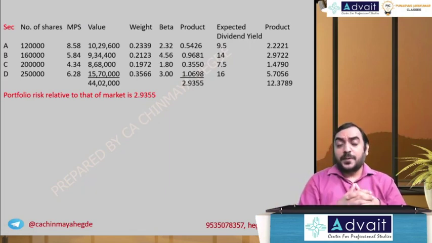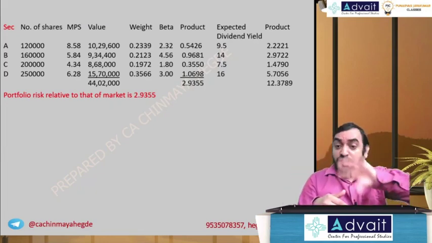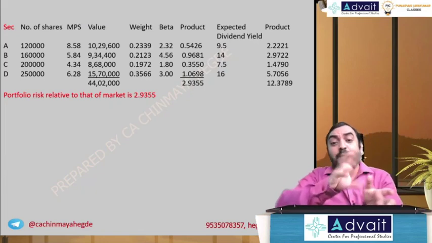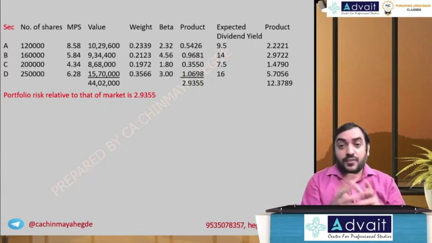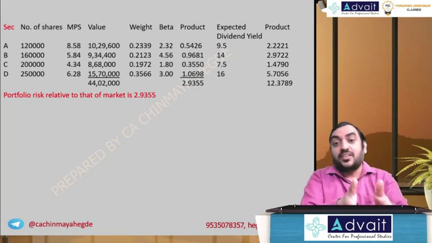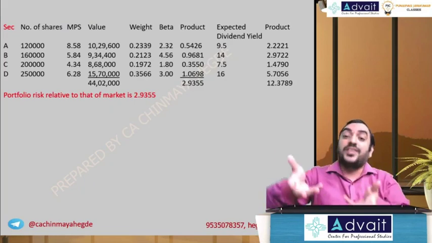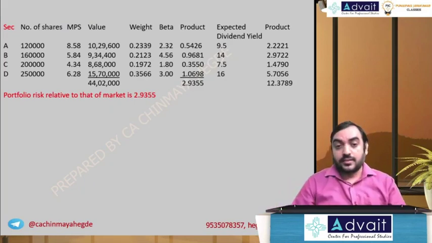What is implicit beta? If the return is already given, compute the beta as the balancing figure. We are not computing the return and comparing the returns. Keeping the expected return and actual return both the same, suppose both are the same, what is the beta supposed to be? Implied beta. Let's calculate that. We'll write an interpretation also.